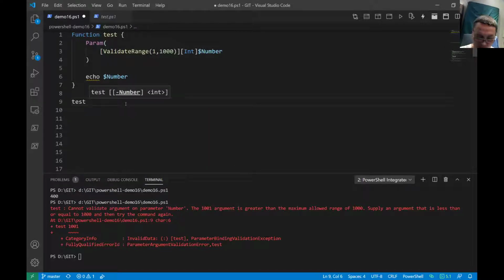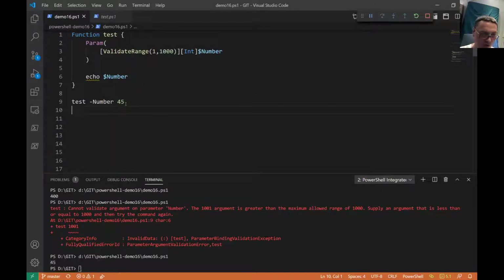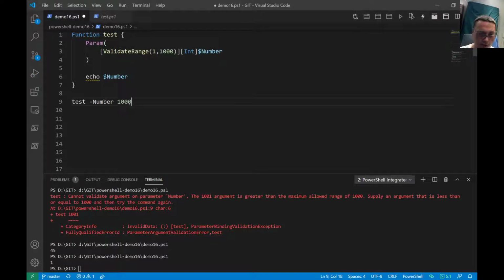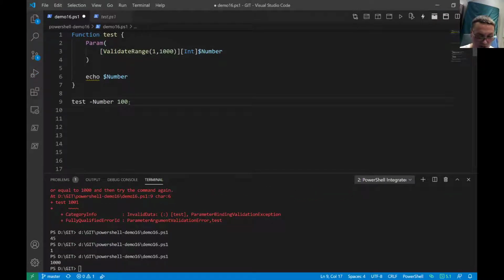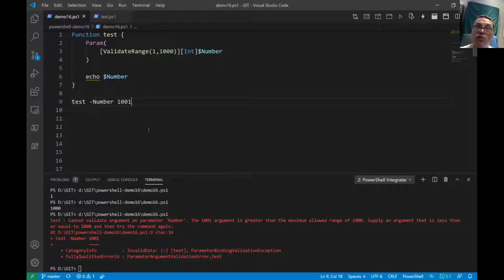So Test-Number, and then we stick in some numbers in integer, 45 for instance, right? And I run the script and it echoes 45 of course to the screen. And if you now stick in number 1, it's also allowed, and if we do 1000, that's allowed as well. But if we stick in like 1001, that's not allowed anymore, because the 1001 argument is greater than the